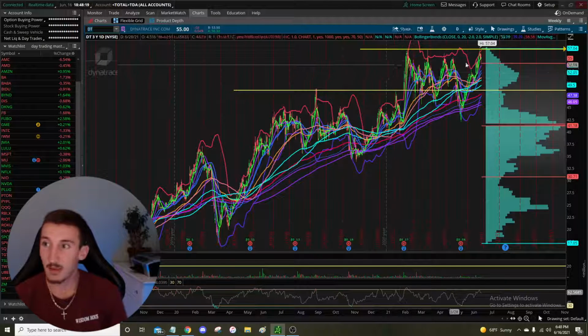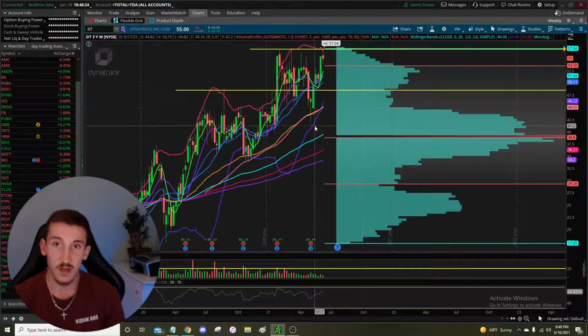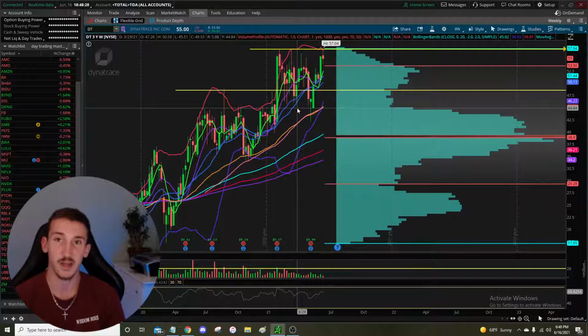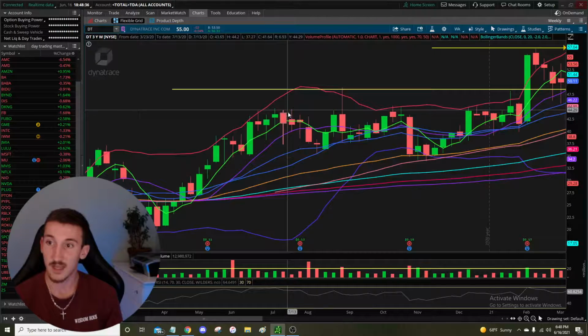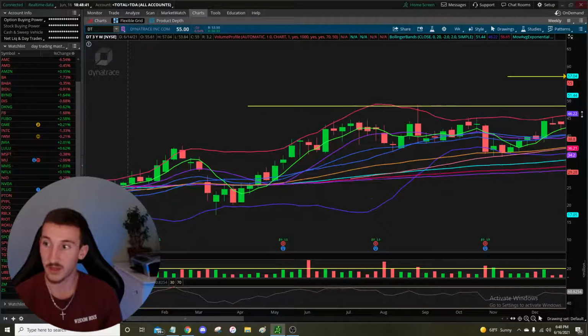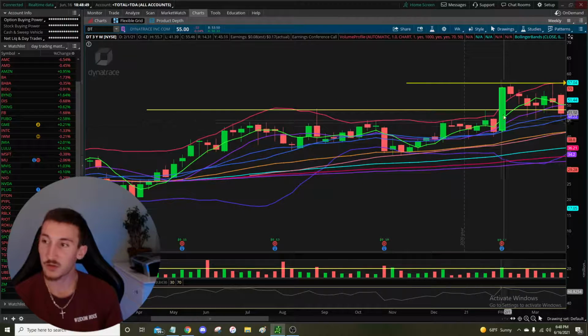So let's hop into the swing trade opportunity, and I'll switch my time frame to a 3-year weekly chart, because when swing trading, you're looking at a longer time frame rather than a day trade. You could look at the daily time frame. So in this case, we're going to do the same sort of thing, and we're going to go back to before the initial breakout. And you could see we were tight for 10, 20, almost 30 weeks before we got